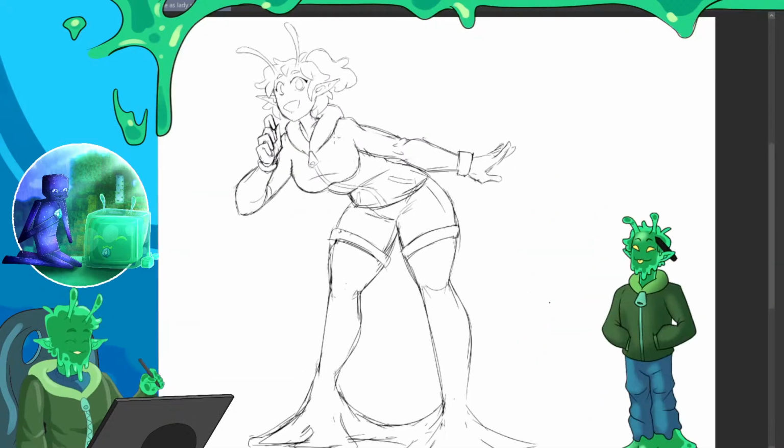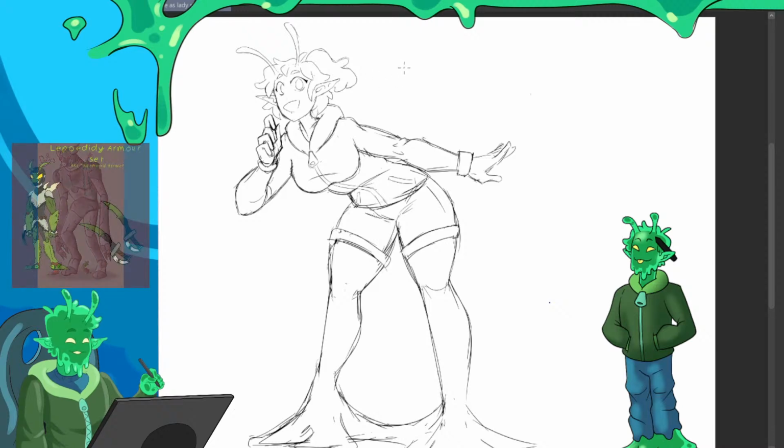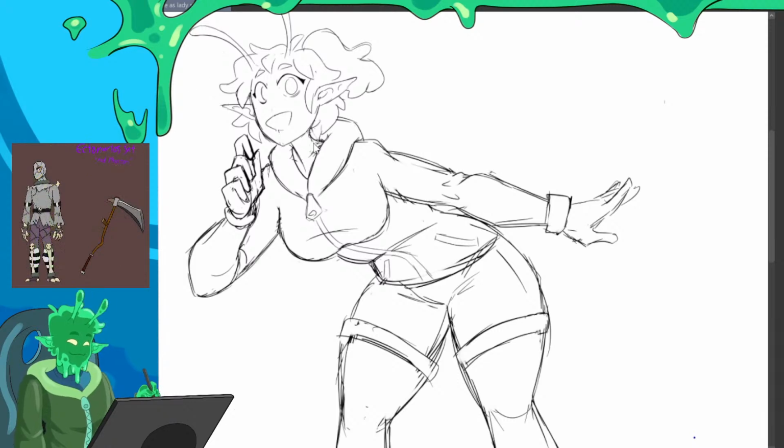I think the ponytail is growing on me. It gives a balance in this direction, where the antennas are balancing this way and the ponytail is balancing this way, which works for the design. We could also just make it an alt, and we could also give her pigtails like this as another alt. But whatever.